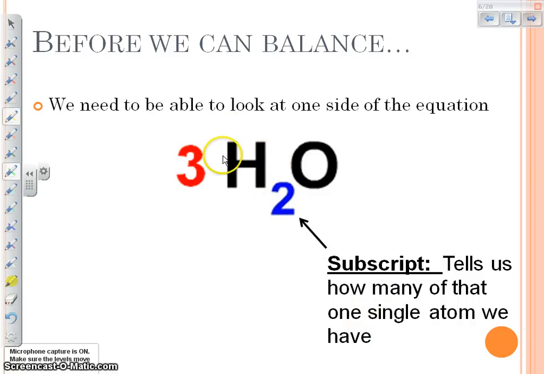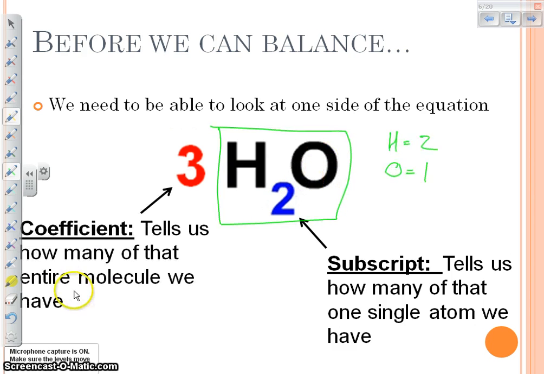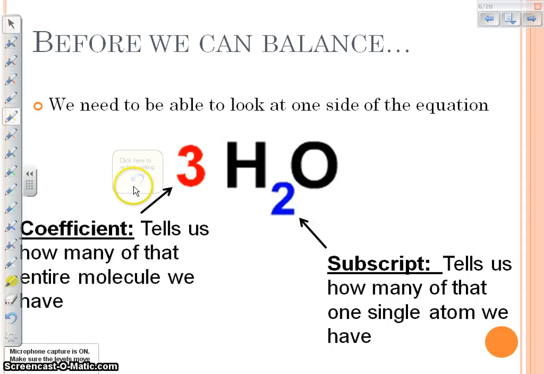So in this case, this is telling us that we have 2 hydrogens and 1 oxygen. Okay, so this subscript tells us we have 2 hydrogens. Because there's no subscript here, it's an invisible 1, and that means we've got 1 oxygen. This 3, on the other hand, is a coefficient, and it tells us how many of that entire molecule we